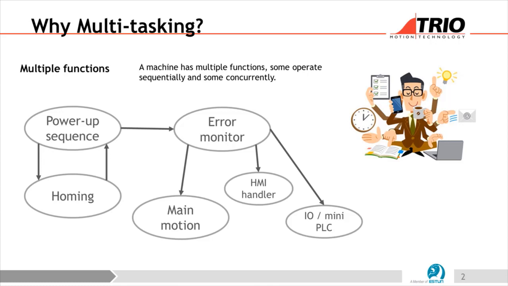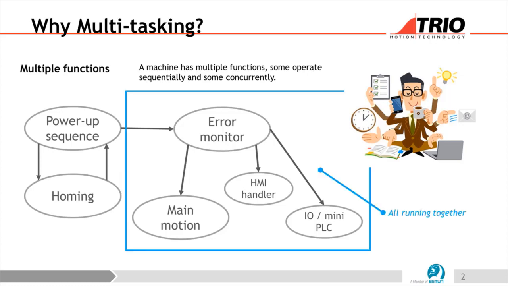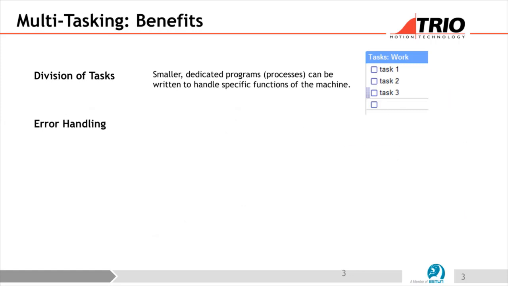And then the main parts of the machine itself could be split up into different things, like the main motion part of it, HMI handling, some kind of mini PLC going on where you've got some I/O being handled. So there's lots of opportunities for doing things in parallel, should you need to. And the multitasking gives us a great way to do all of that. So we can divide up tasks